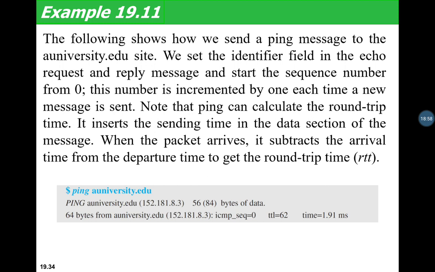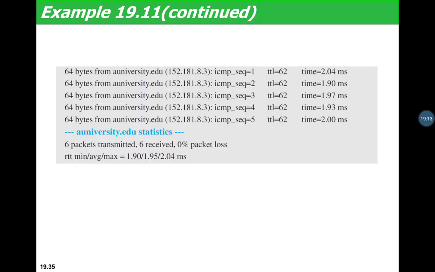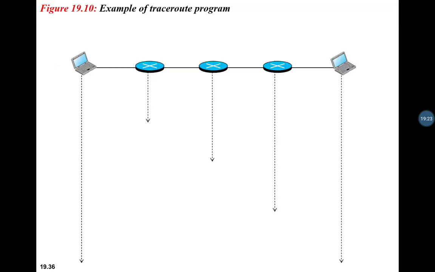This is about ping. Next is ping with an IP address. If we type it in the command prompt, we will get a reply having the time to live, time, and sequence number. All these replies you will get. 64 bytes, how many bytes are transmitted, what is the sequence number, TTL, time, all that will be displayed.